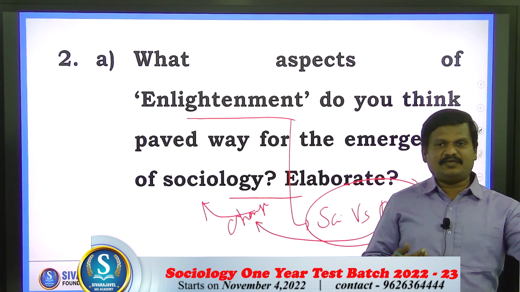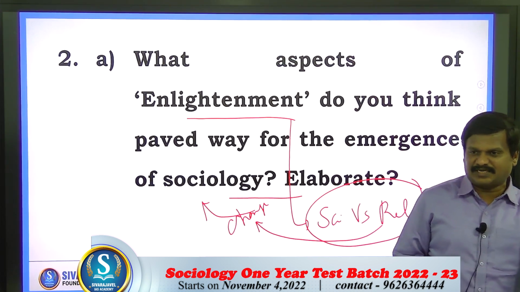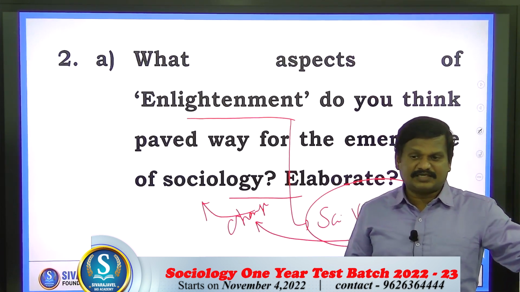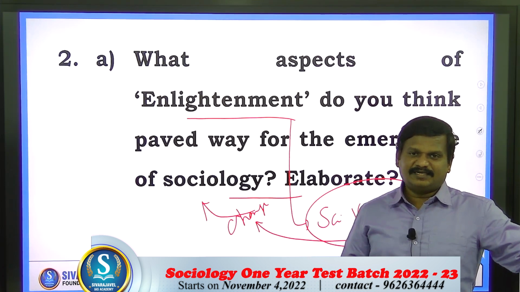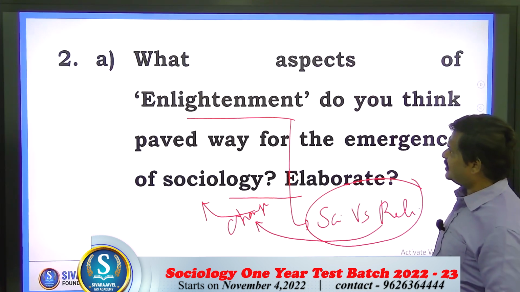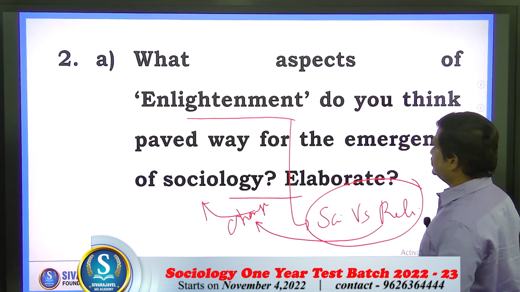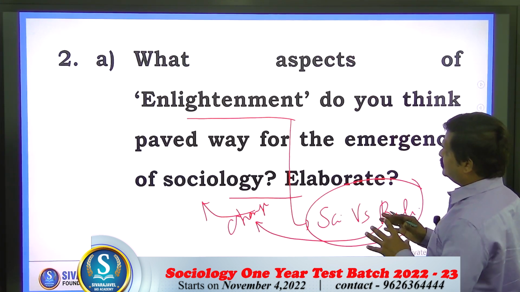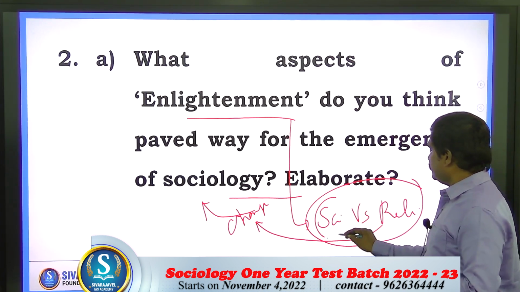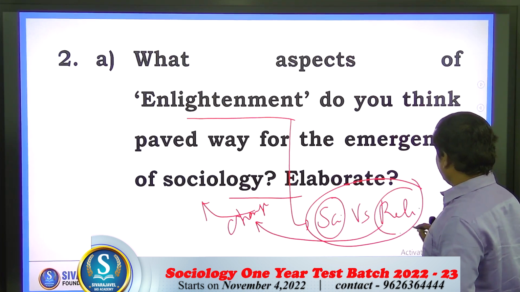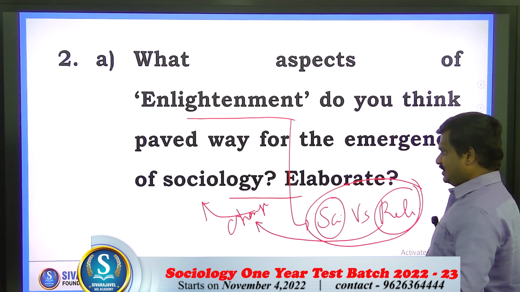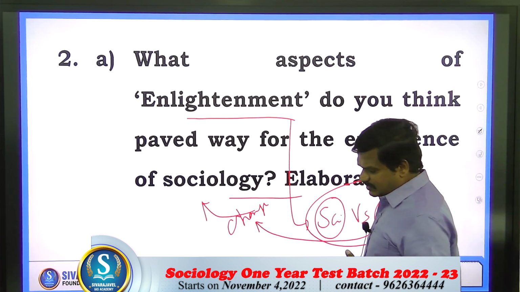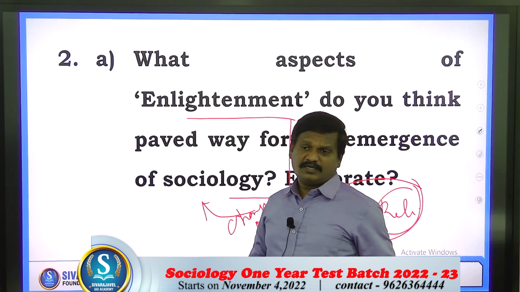To study that new society, the structure of the new society, the prospect of the new society and the problem of the new society, came sociology as a systematic study of society. That is how we can conclude an answer for this question. It is a 20 marker question. You have so many points to write on the contestations between religion and science, which paved way for a new society. How the supporters of this modernity